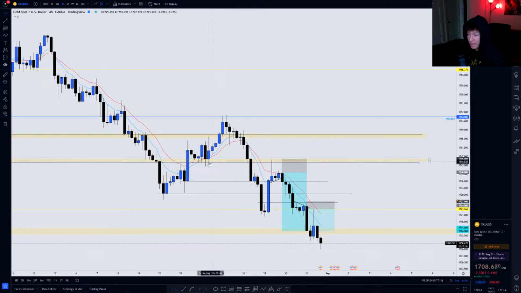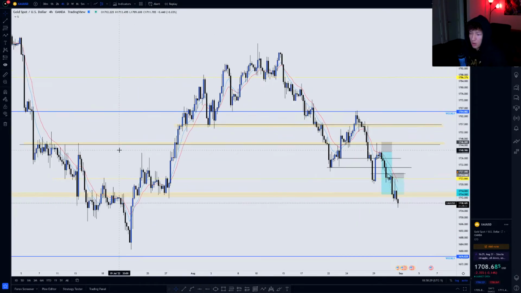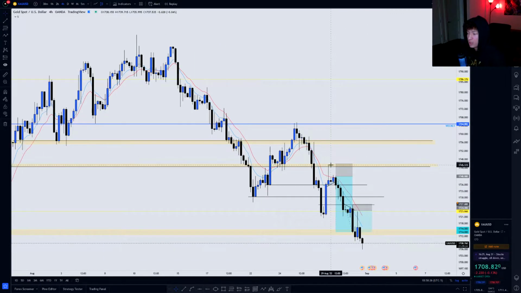But notice how we came back up, retested previous area of support, previous area of resistance, and we rejected very hard on a 4-hour time frame. Notice how not only that, but we closed down below my red SMA, and my red SMA is my 14, and we are also crossed down below to the bottom side. This is telling me that we have a lot more selling momentum than we do have buying momentum. So remember how I told you, based off of the weight of the bigger time frame, I'm identifying the confluences on the lower time frames, building up the confluences on the lower time frames